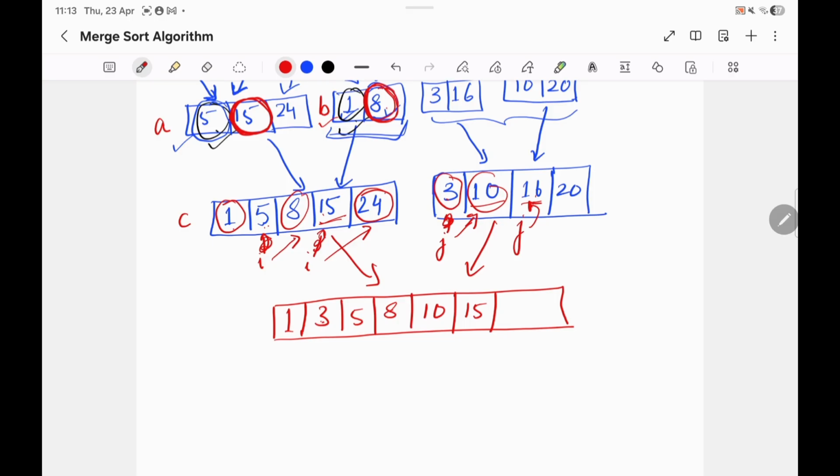j is at 16. So I compare these two values to put 16 here since it is smaller. And then finally I compare 24 and 20. 20 is smaller, I put 20 here. One list of mine gets exhausted. So I'll just put the remaining elements from the other list which is not yet exhausted into the final array, the merged one. So this is how basically merge sort